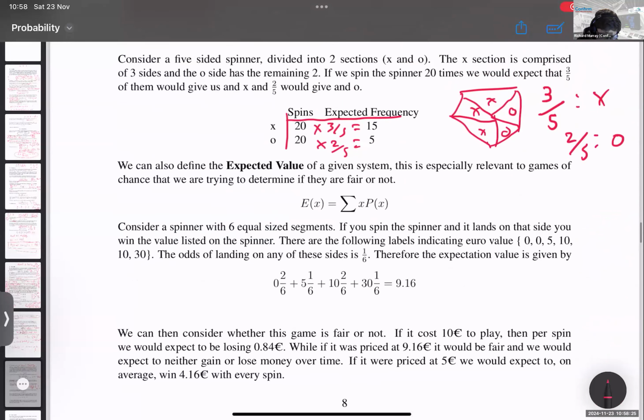And we can use a formula for this, just to simplify this out, that says that the expected value of a random event is equal to the sum of the outcome times the probability of that outcome. And this is normally seen in games of chance. So this is another way that they like to ask questions. So if we were running a game of chance or gambling, which is really what they mean by a game of chance, and you can spin a six-sided spinner,